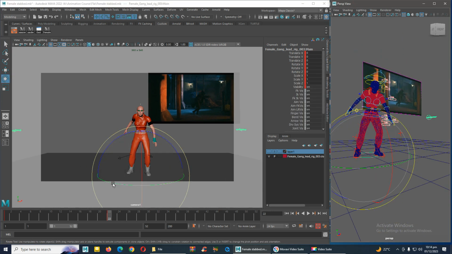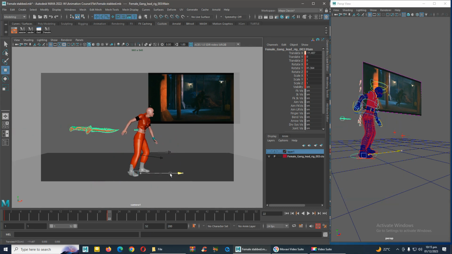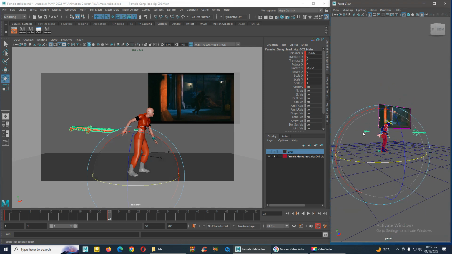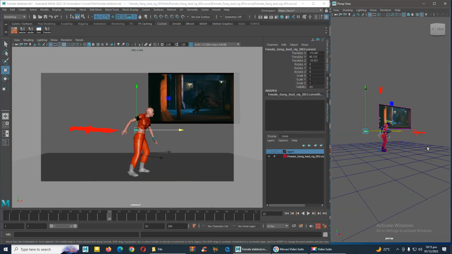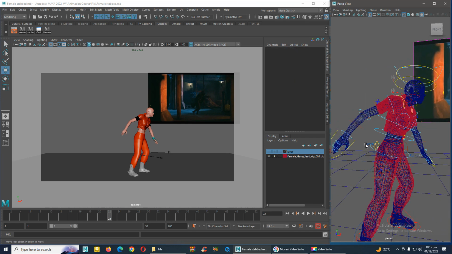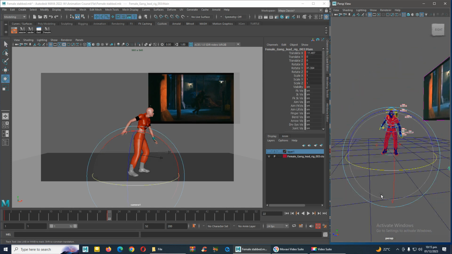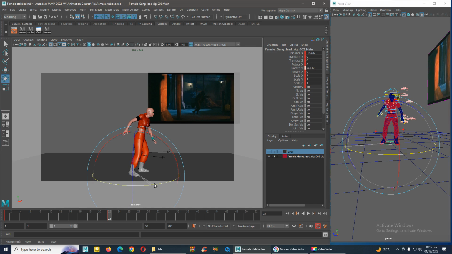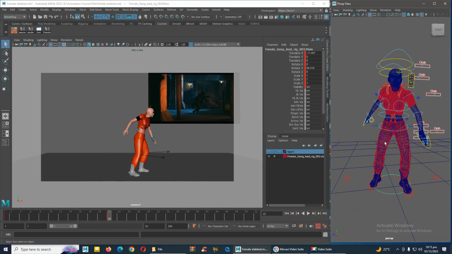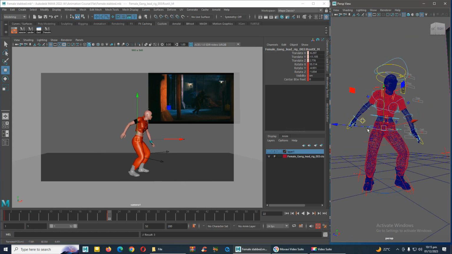So I will turn this whole body for save my time. Okay, I'm hiding this system. I don't need right now. Okay, as you see, she's turning, and I'm turning her body from her main controller. This is a main root controller, and now I'm going to